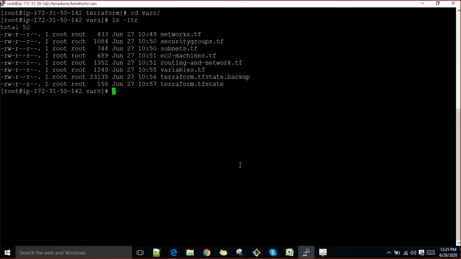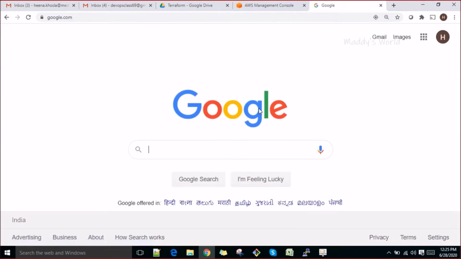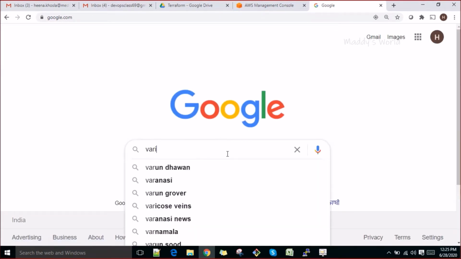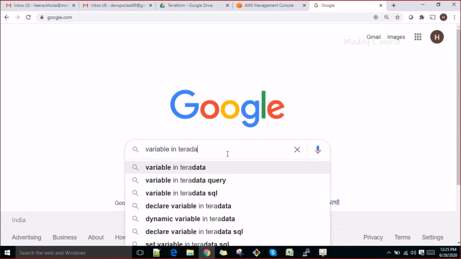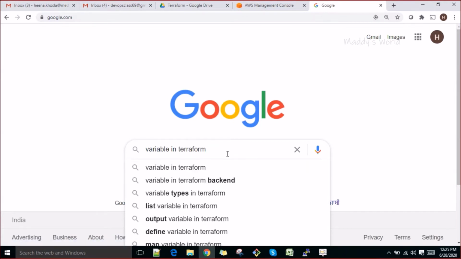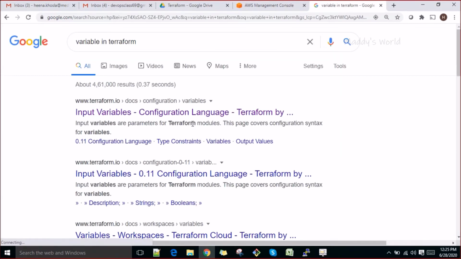Initially, the first task is to achieve how you are going to complete something, and the next task is to do the linting of those resources. Linting means how you are variabilizing things. You can see here how to variabilize things. There are so many tools available which can directly help you. You can directly go to variables in Terraform.